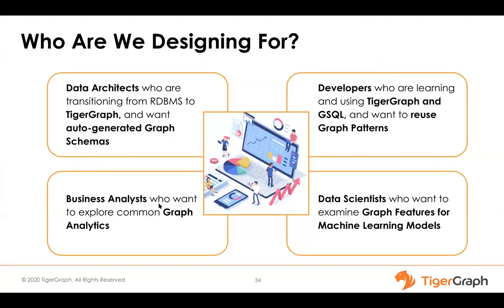And who we are really designing for are these 4 groups of experts. Data scientists and data architects who are transitioning from RDBMS to TigerGraph, and you just want to have a first draft auto-generated graph schema and automatically loading the data into TigerGraph. And the second group is developers who are learning and using TigerGraph and GSQL and want to reuse the graph